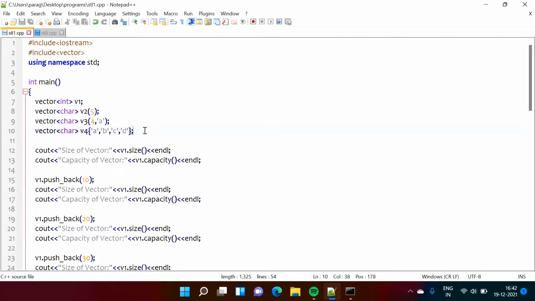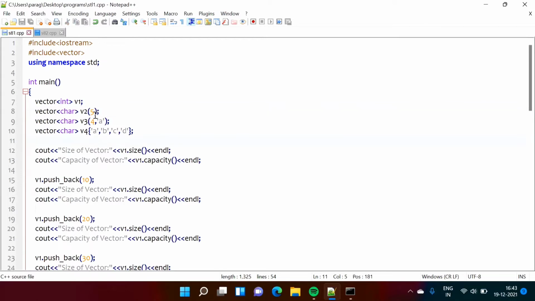So in the beginning it will be 0. So when the first element you will add, that will become 1. But when you keep adding the elements, then it will get doubled. So 1, then 2, then 4, then 8, then 16. But see for this case, the initial size is 4 and one more thing, here we have mentioned the size 5, but here we have not mentioned what it will get initialized with. For example, see in this case we have mentioned it will have size 4 and it will get initialized with the A, but in this case we have not mentioned.